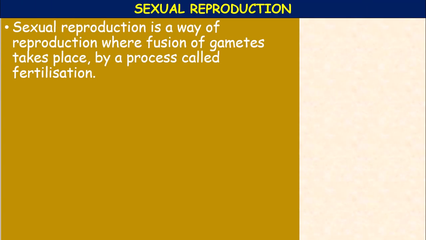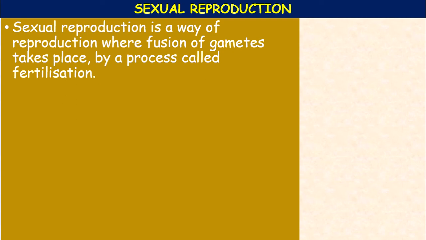Okay, now come to sexual reproduction. Here the sexual reproduction occurs in plants as well as in animals. It is the most common method of reproduction. Okay, as earlier, male and female reproductive cells